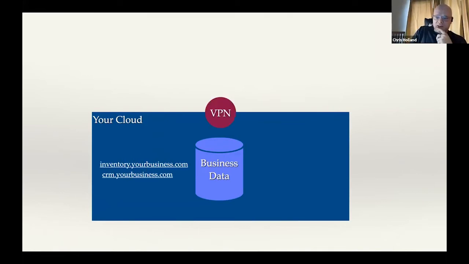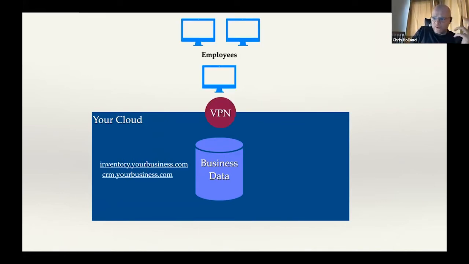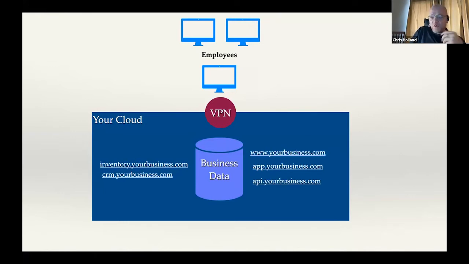Then you might require your employees to get on a VPN network to interact with these back-end systems. At the same time, you're going to have public-facing aspects to your business data. You might expose some of it through your website, which has some content on there, or your software as a service application, or your API, right? So these could be outward-facing